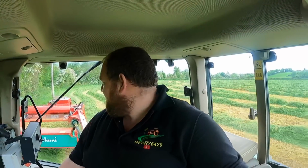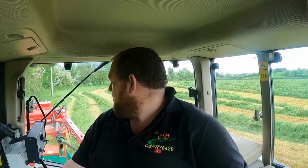Okay, so we're more or less finished this field. I'm just doing the headlands now. One run right round the outside of the field just to do, and that'll be us finished, and we can move on to field number 2. There's just under 13 acres in this first field, so yeah, nice field of grass, and there's a great crop on it, which I am quite surprised at. I wasn't expecting the crop to be this good,